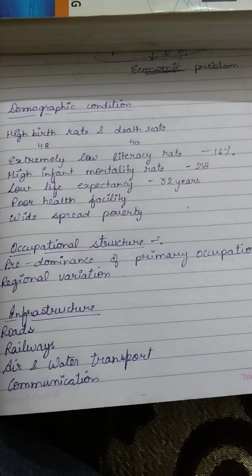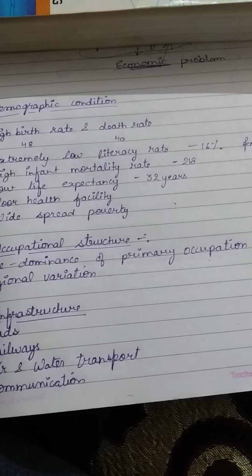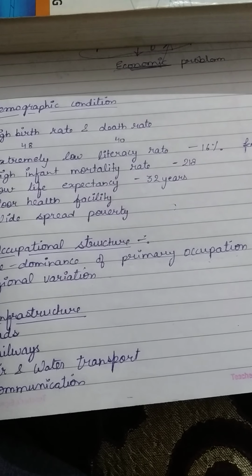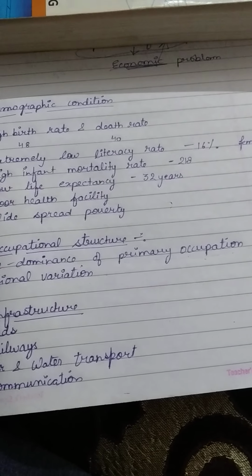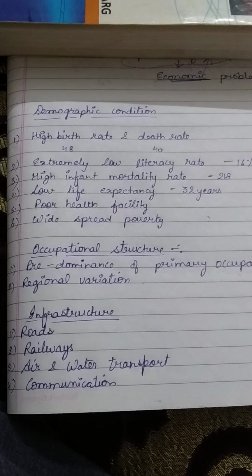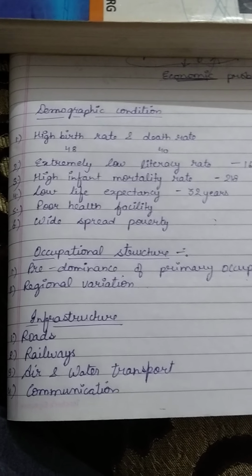That means growth is said to be balanced when all the sectors of the economy are equally developed. But in the case of India, the secondary and tertiary sectors were in their infant stage of growth at that time. Now next, we come to the infrastructure on the eve of independence.